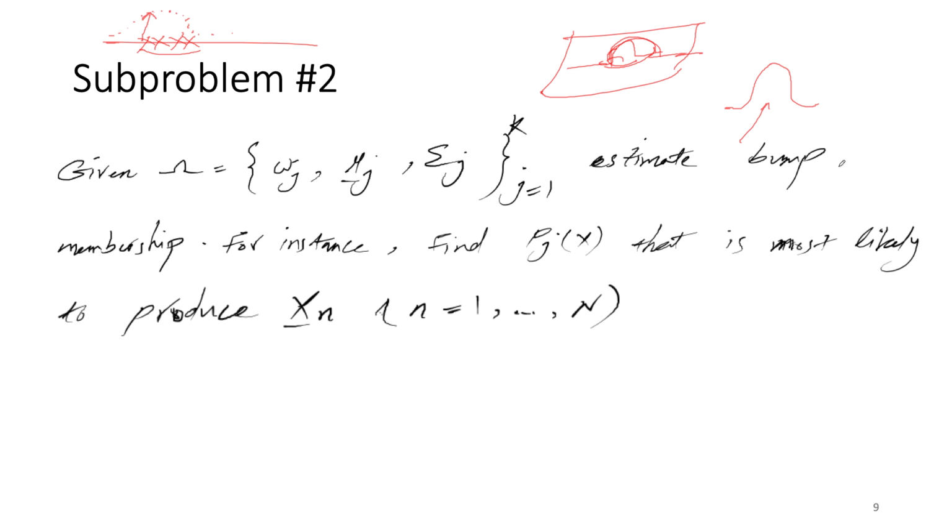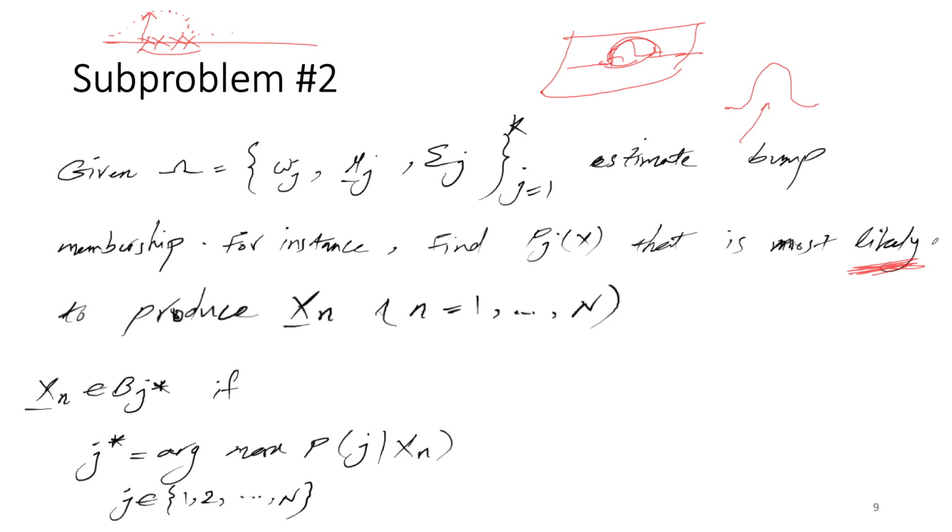And we use a likelihood estimation here. So in a way, each of your x_n's inside the subset of your data, which in this case you want to call b_j star, which is the optimal b_j that they can find. So j is the maximization of the likelihood, the highest likelihood here,